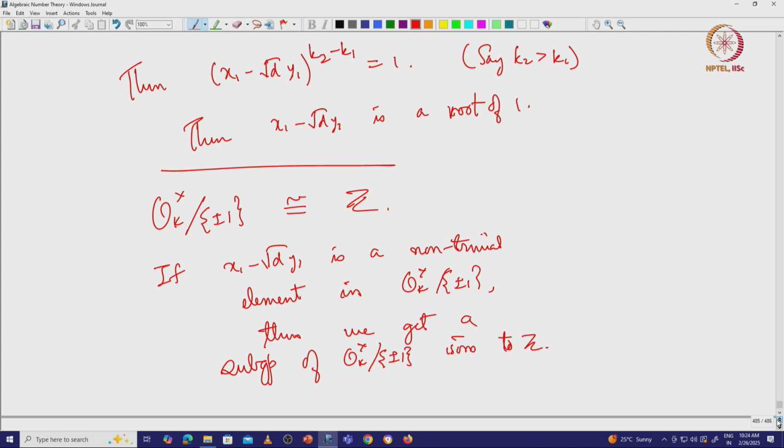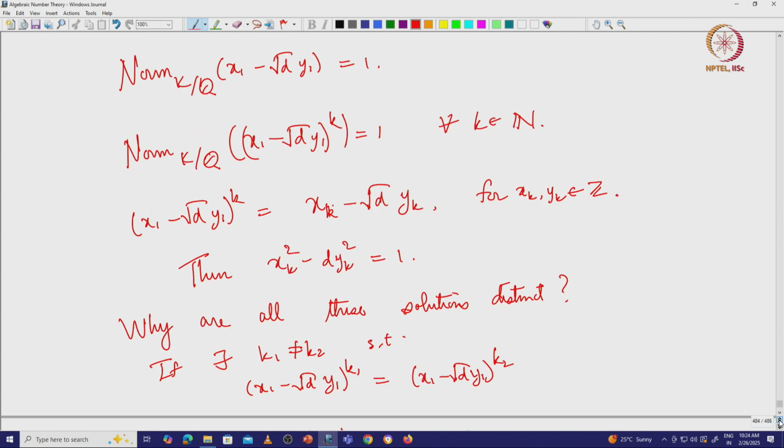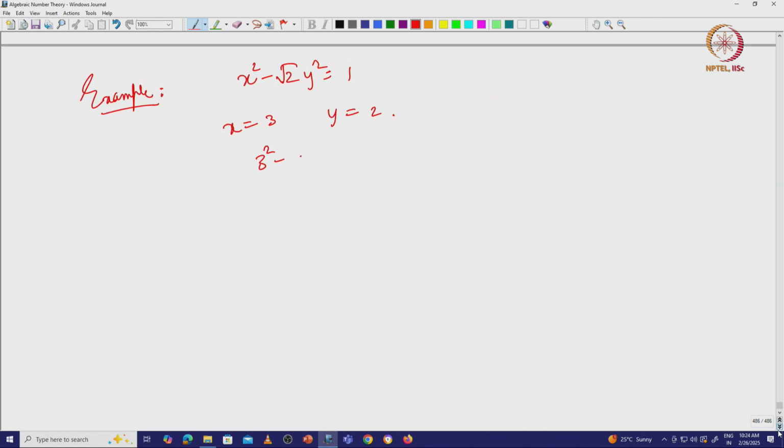So, I get 3 squared minus, yeah, I think I made a mistake. So, here I was writing it correctly. I want to solve this with 2, not square root of 2, right. This is the same as saying the norm from Q(square root of 2) to Q of x minus square root of 2 y is equal to 1. Okay. So, 2 into 4, right, this is 1. So, I can look at (3 minus 2 square root of 2) squared,